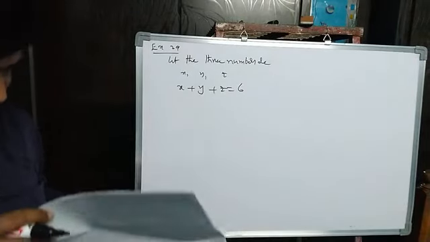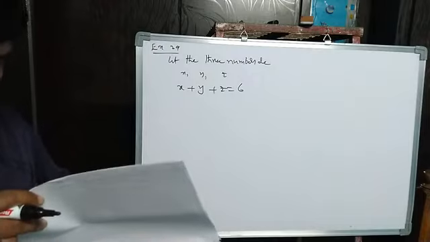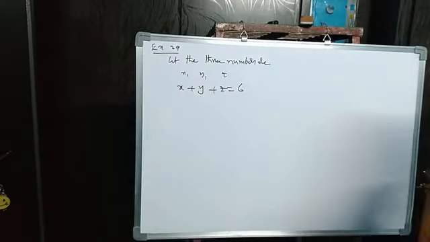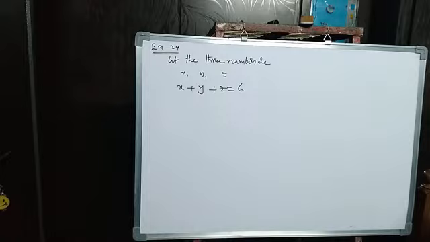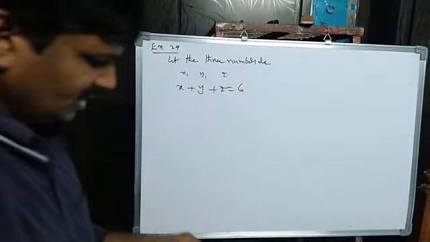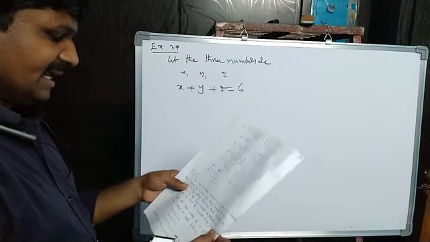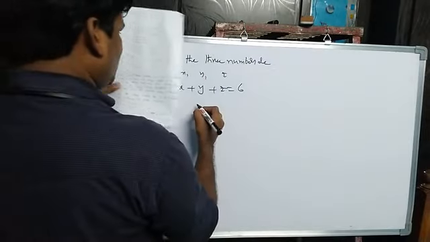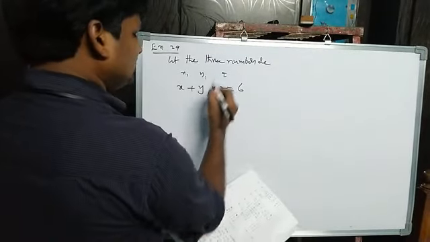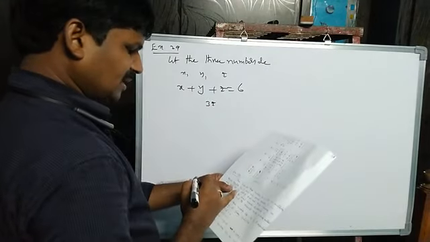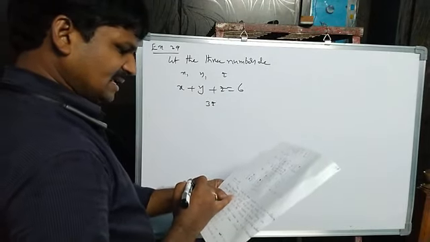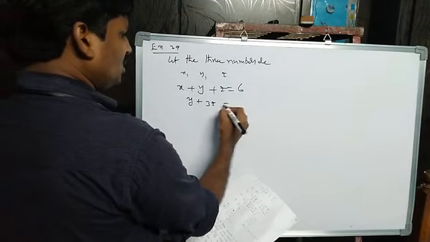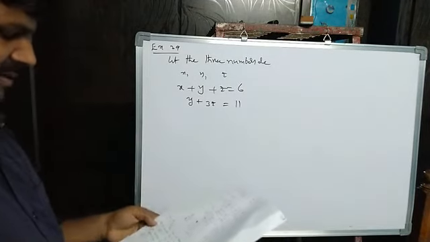See what is given. If we multiply the third number by 3, and add the second number to it, then you will get 11. Just see. If you multiply the third number by 3, the third number is z now, so 3z, right? Third number by 3 and add the second number to it. Second number means y. Then you will get 11.